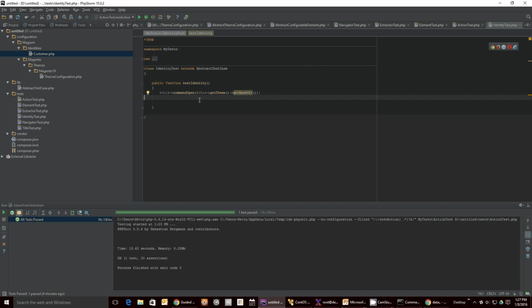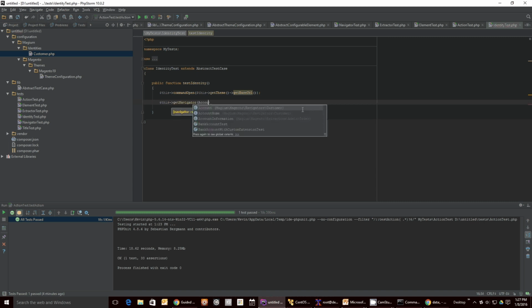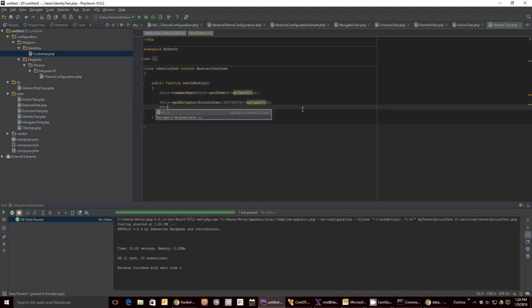So now what we'll need to do is navigate to our login page, and to do that we need to get a navigator. So this get navigator account home, navigate to. This one is all about navigating to a particular place, so we don't have to provide any value in there. Then what we do is this get action, and it's going to be the login action, Magium Magento actions customer,